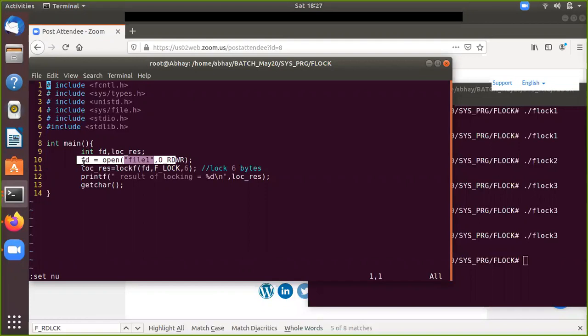Now if you take the second one, basically F_LOCK, it is kind of an exclusive lock. So it locks the section for exclusive use. We have multiple variants here. Somewhere you can see F_ULOCK, which is for unlocking the section, and we are also going to take a look at F_TLOCK, which is basically going to test and lock a section for exclusive use. So let's talk about this F_LOCK, what it does.